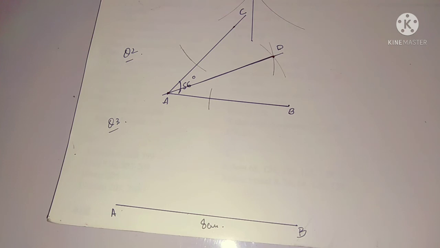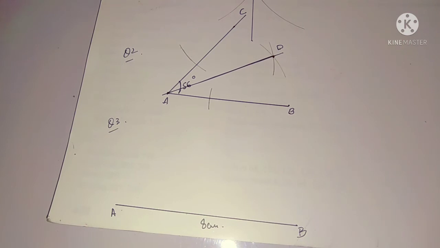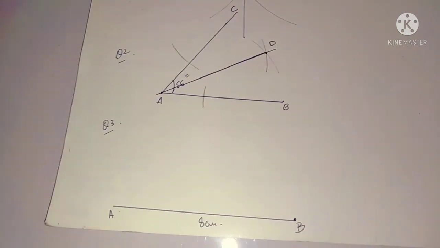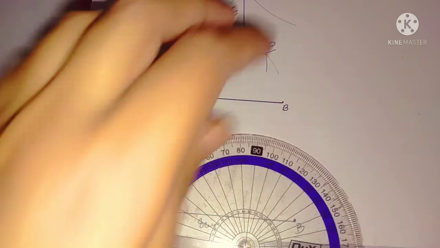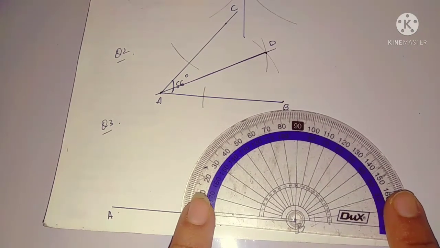Just remember that whenever the angle is given to you, and you have to find out the length, you know that point C will be somewhere else over here. So whenever the length is given and whenever the angle is given, first you have to draw the angle. The angle given in the question is ABC equal to 80 degree. Students, remember that the middle alphabet is where you always make the angle, so it means that you will make the angle on B. Now put the protractor on B like this. And as I have told you, whenever you make the angle on the right hand side, you have to follow the upper scale.